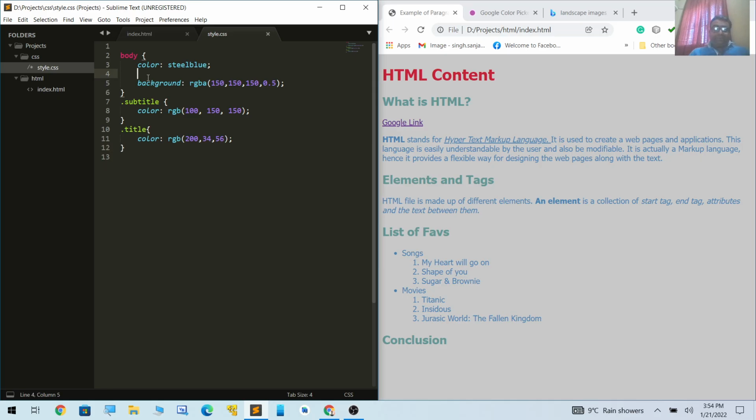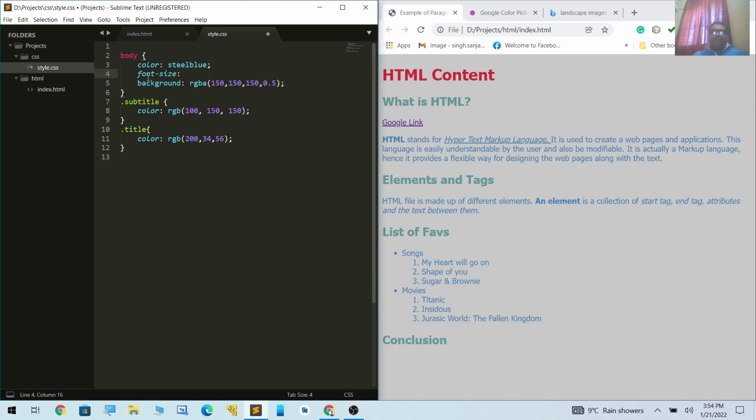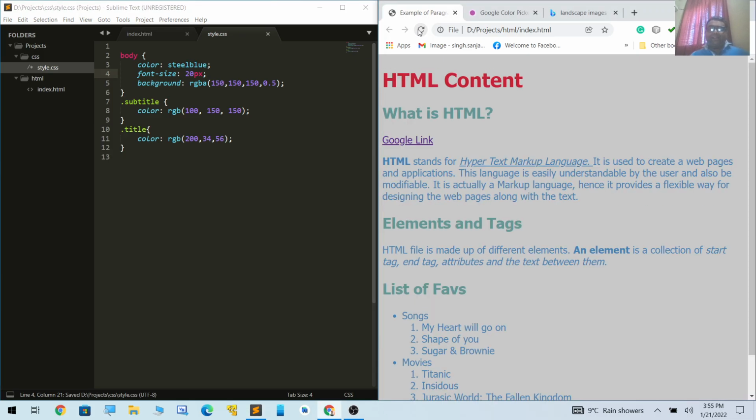First of all, let's say we have a font size, which is very important. Sometimes we need to specify the font size. Now, I need to specify the font size of the current body text, right? So, when I'm doing so, I can specify it in pixels. For example, if I specify 20 pixel, now obviously this will mean something, right? So basically the size is specified in pixels, like 20 pixel is something it has expanded, and the default pixel